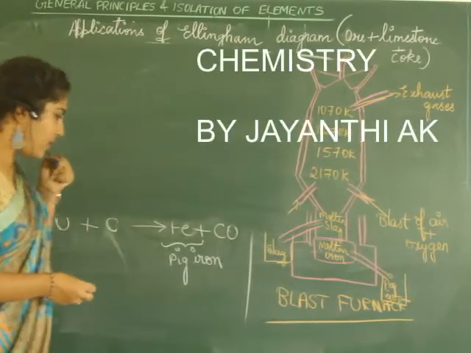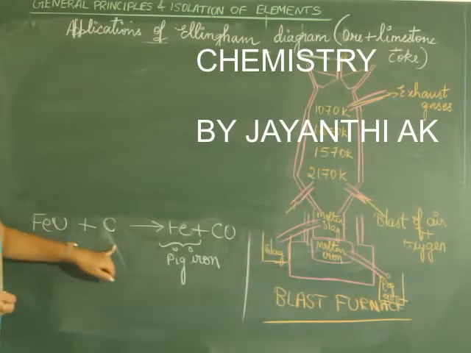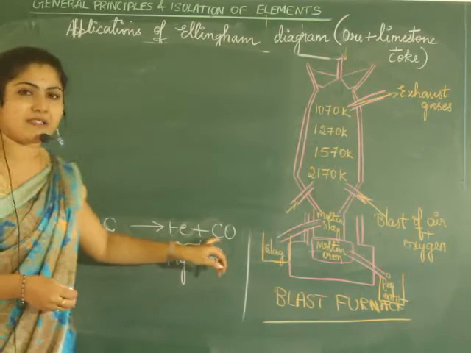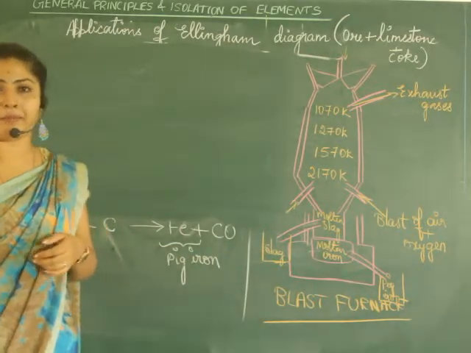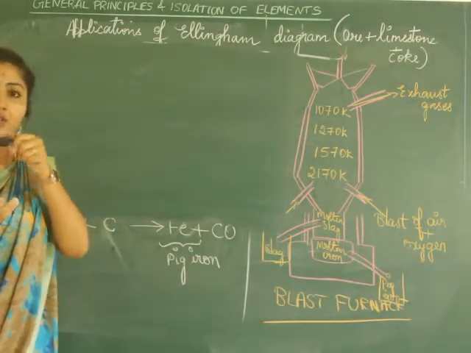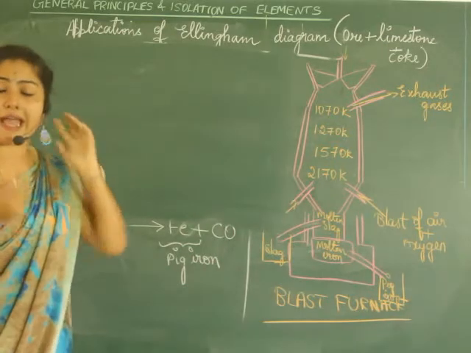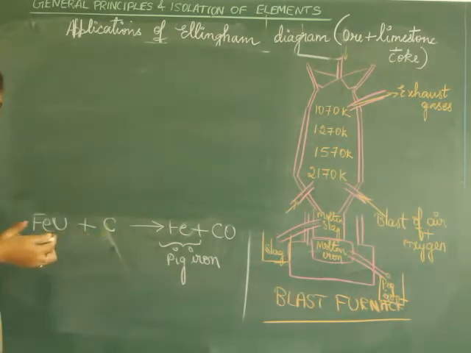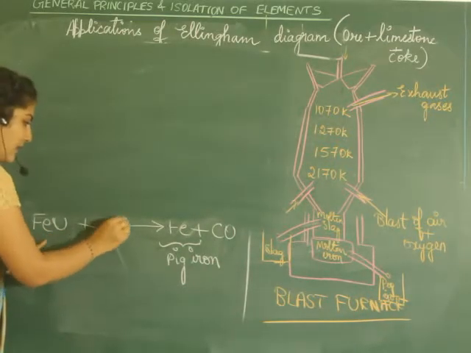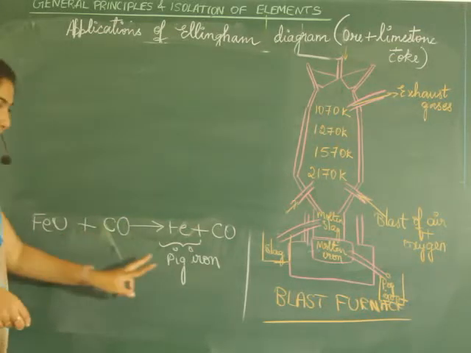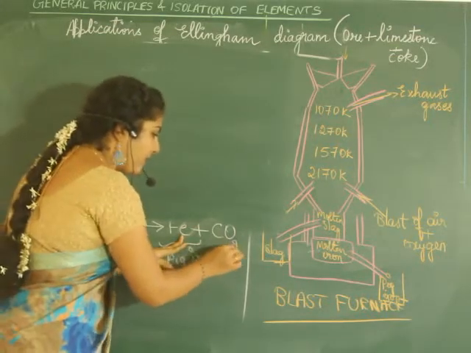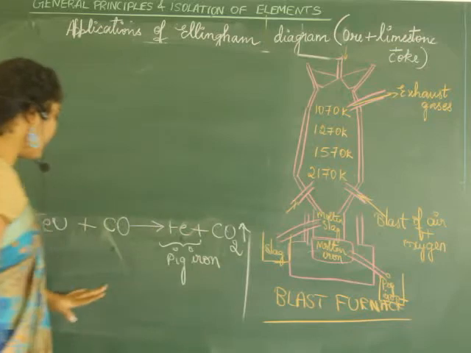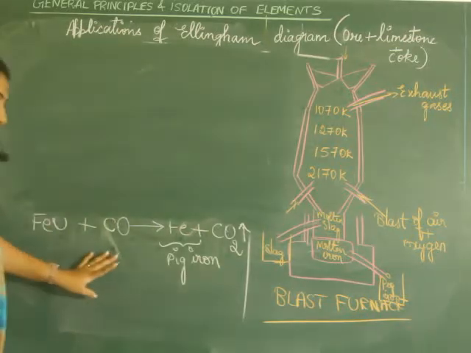Here you can see I have written FeO plus carbon, which gives Fe plus CO. Since we were studying high temperature conditions, at high temperature carbon monoxide cannot directly act as reducing agent. So in the book they have mentioned that here carbon monoxide reacts to form Fe giving carbon dioxide, which is right. Okay, please make a correction here.